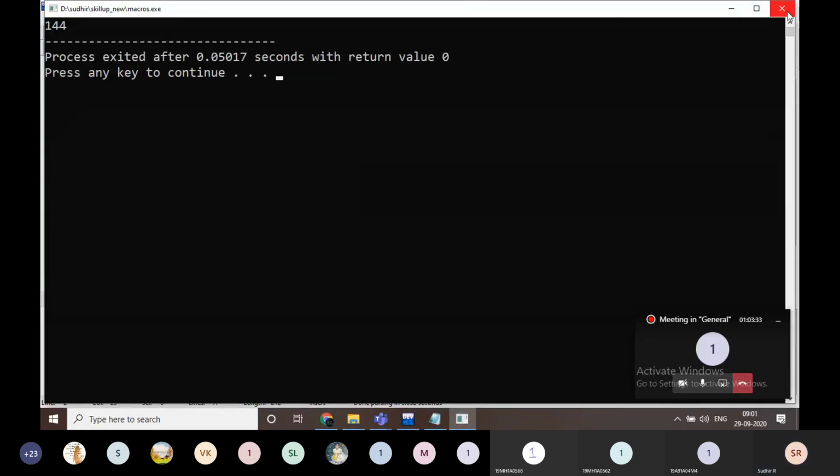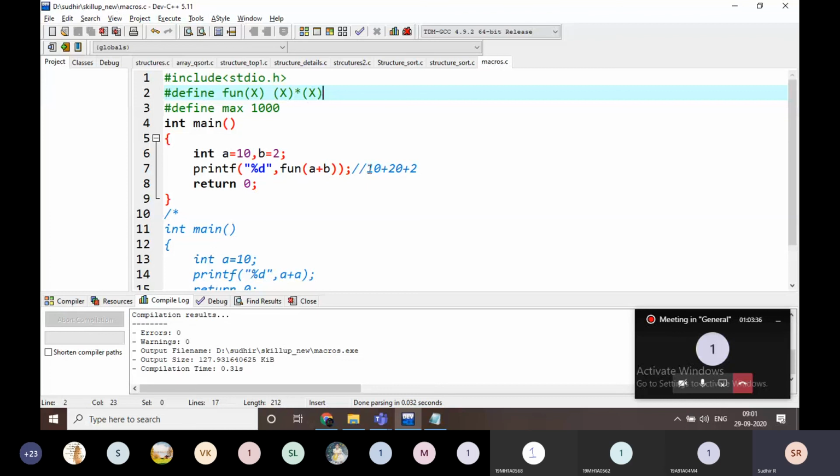That means we read 10 plus 2 into 10 plus 2 like this. The precedence of brackets is greater. That's why we first apply 10 plus 2 is equal to 12, and 10 plus 2 is equal to 12. 12 into 12 is going to be 144.